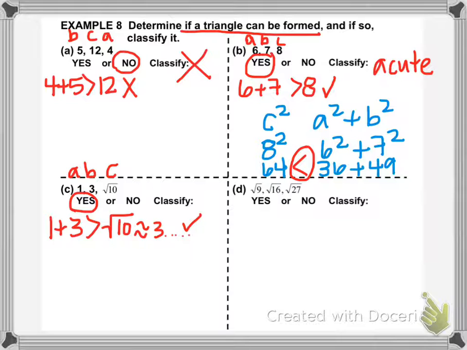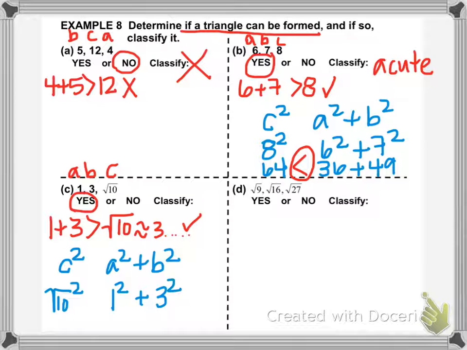Now to classify it, remember we're going to compare C squared to A squared plus B squared. Our C is square root of 10, so square root of 10 squared. Our A is 1, so 1 squared, and our B is 3, so 3 squared. So now let's simplify these. Square root of 10 squared. Remember, anytime you square a square root, they undo each other, so square root of 10 squared is just 10. 1 squared is 1, 3 squared is 9, and